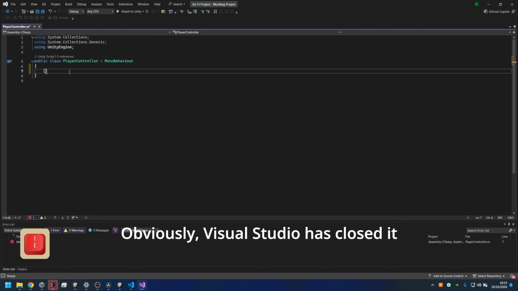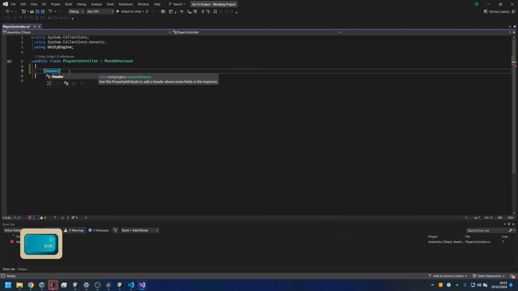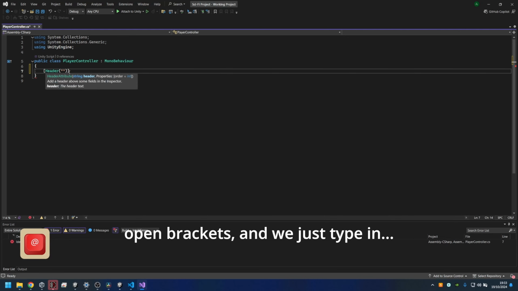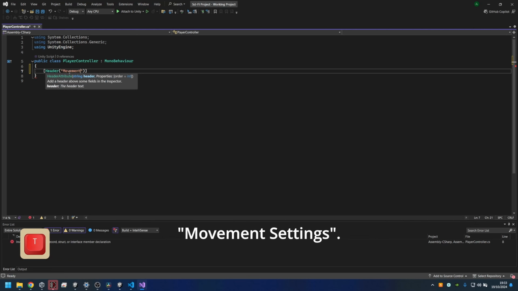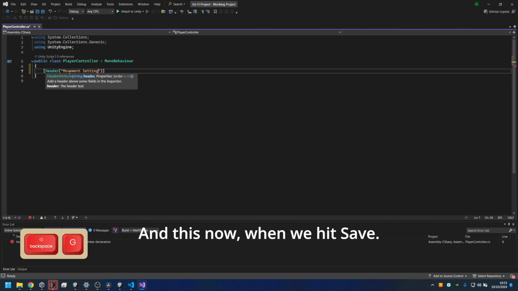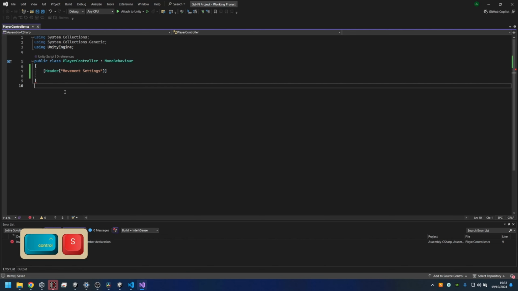Obviously, Visual Studio has closed it for us, which is great. But we type in Header, open brackets, and we just type in for this one Movement Settings. And this now, when we hit save,